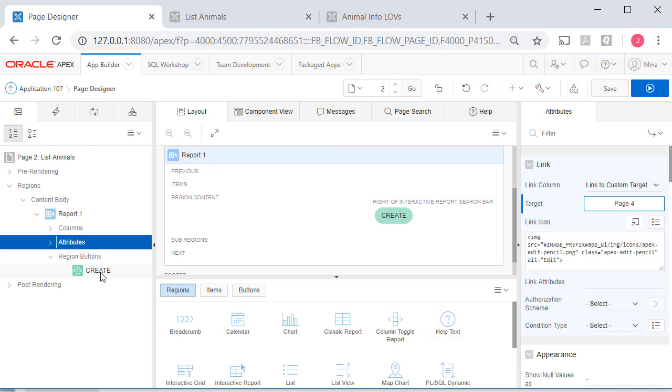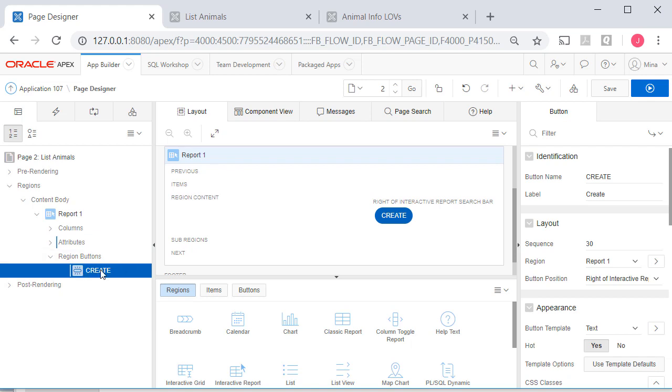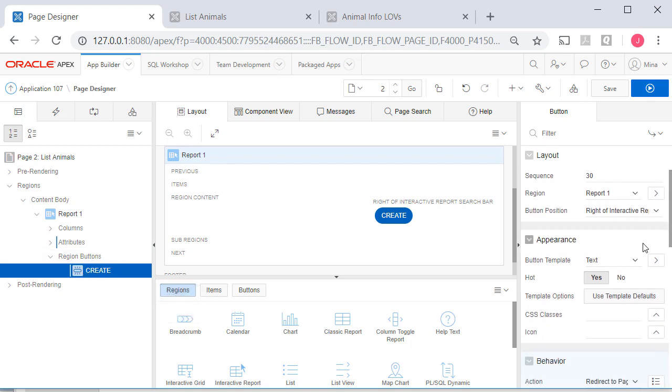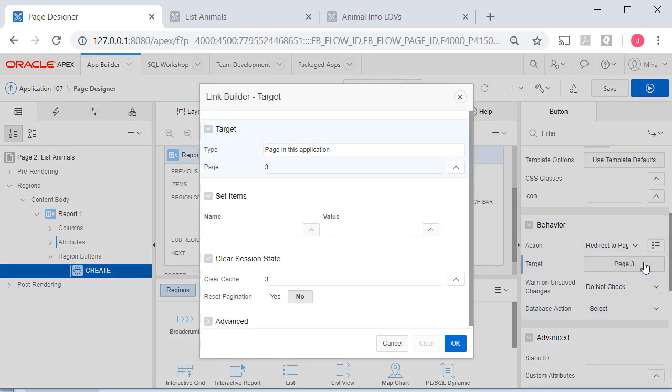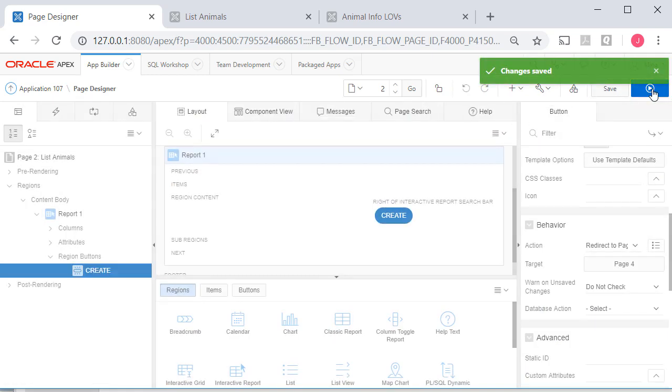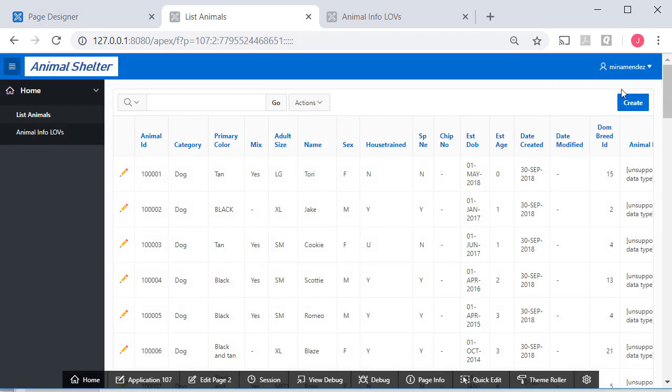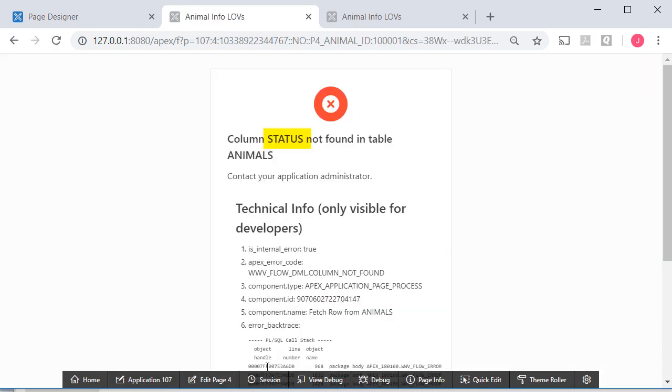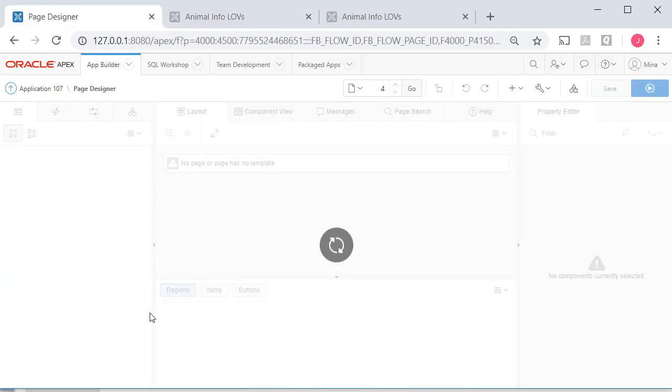Then I also need to come down to Create. If you click the Create button in the report, then we scroll down and we again select the target page not as 3 but as 4, and click OK and save that and run that. So if I click here, I get an error. So I'll edit this page,